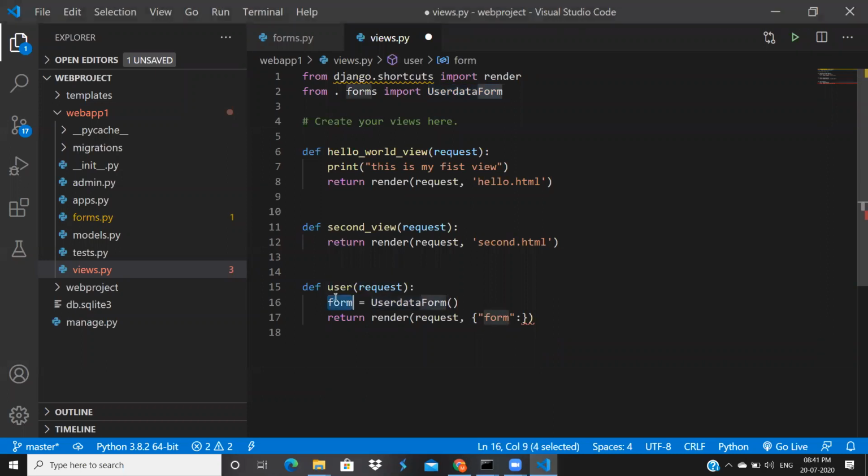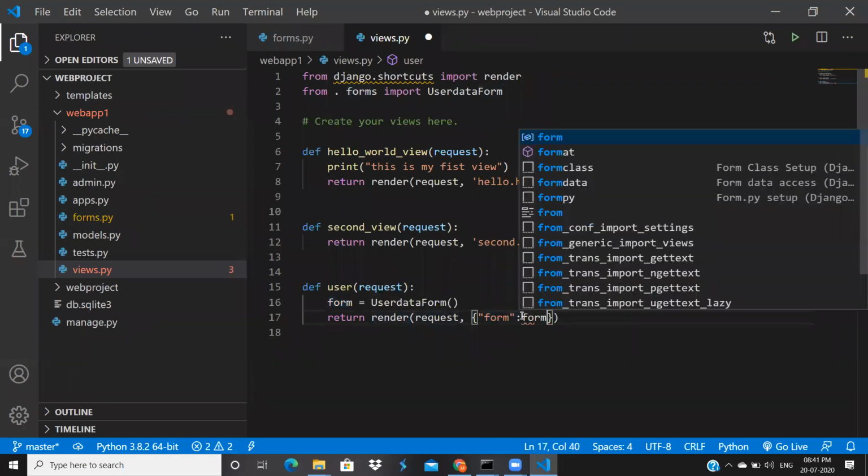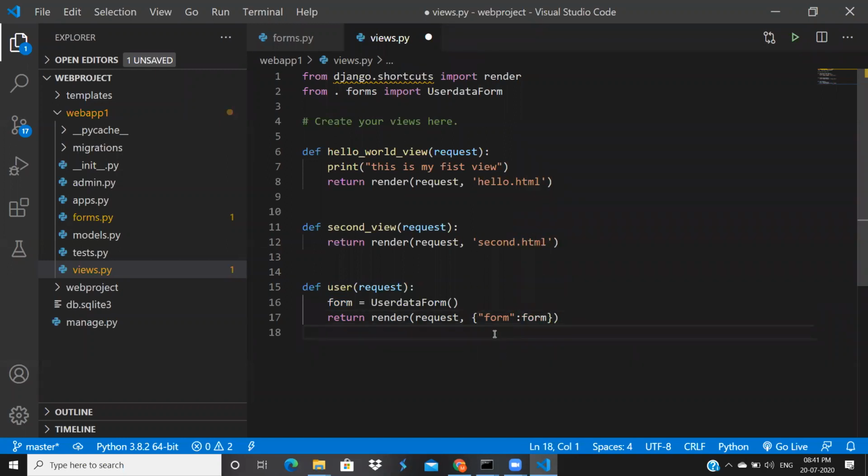I created one UserDataForm object, and now I'm passing this form object inside this dictionary, and sending it to the user as a response.